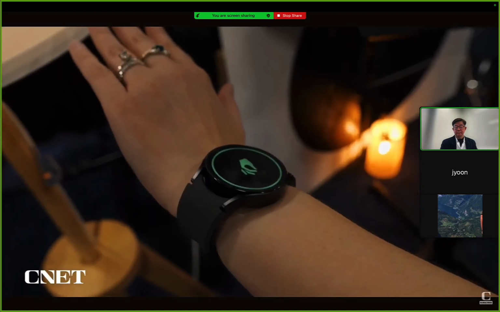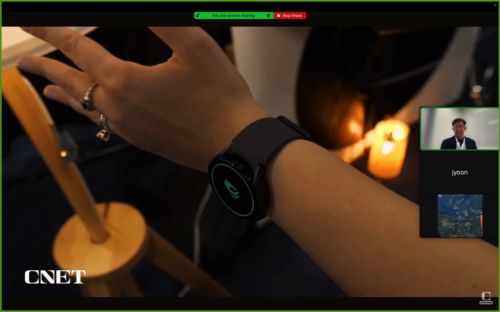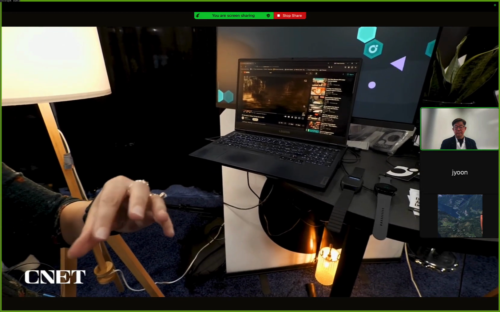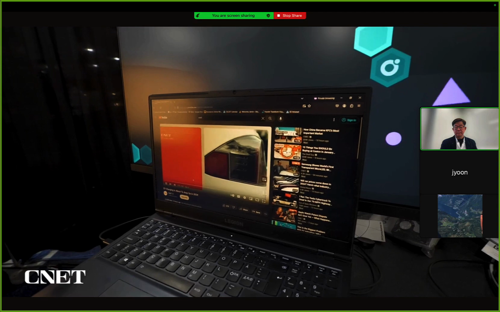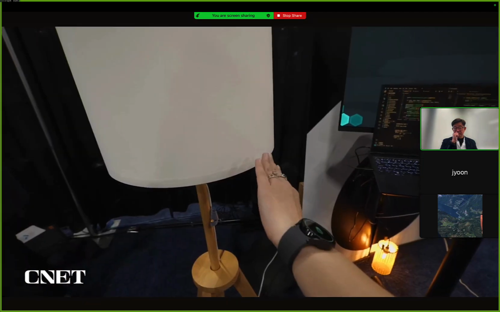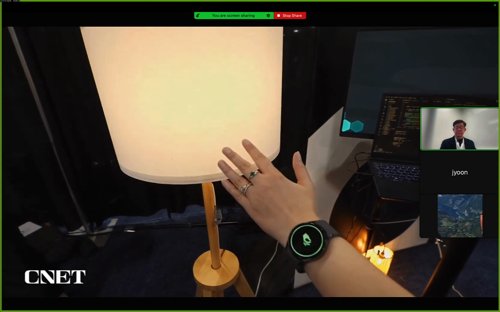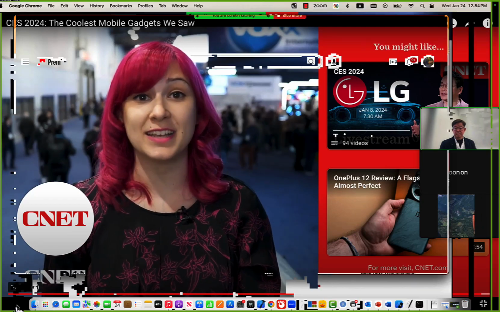Another thing that really stood out to us at CES is the Double Point Wow Mouse app. So this is an app for Wear OS smartwatches, and it basically turns your watch into a controller for your laptop, really anything that you can connect a digital mouse to. But at the demo that I saw, they also had it hooked up to a lamp so that you can turn the lights on and off just by moving your hand. It felt really cool, it was really interesting, and it was definitely a highlight of the show. So those were some of our favorite mobile devices we saw here at CES. Don't forget to